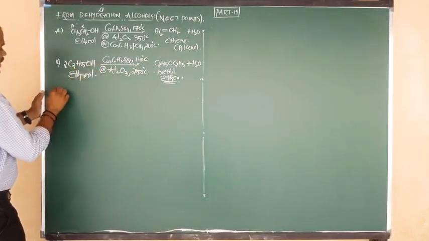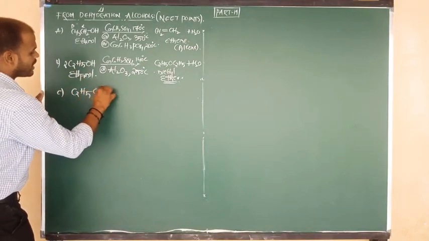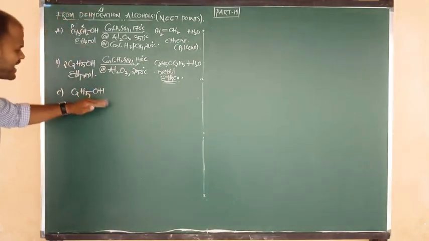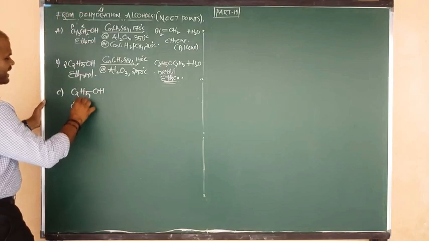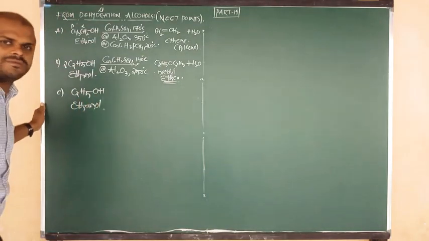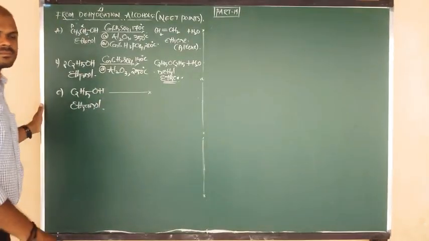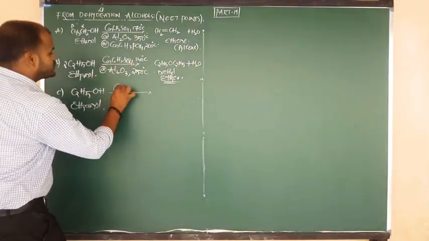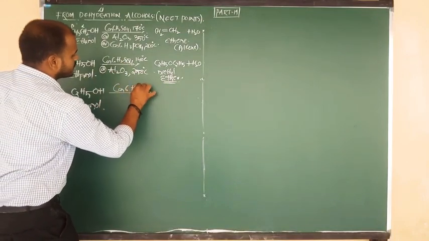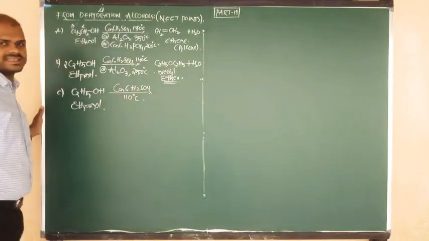Right, let us go for another reaction from a new point of view. I am going to show you the same thing. I am not going to change any reactant. Same reactant I have taken. Again, what is the reactant we are going to consider? The reactant is ethanol. Ethanol on reaction with concentrated H2SO4, but at a temperature of only 110 degrees Celsius.